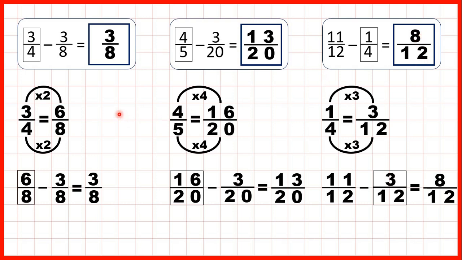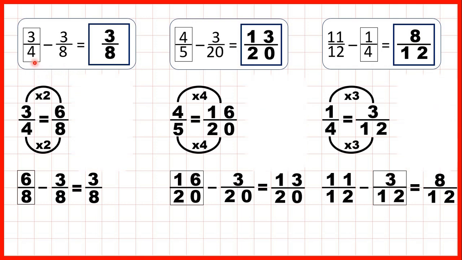And we can show fraction bars to see what we were doing here. So in this first question, we started with 3/4, but we needed to subtract 3/8. So we changed those 3/4 into 6/8, and you can see that that's equivalent because we have the same amount of the fraction bar shaded in 3/4 and now in 6/8. But now we can take 1, 2, 3 of those 8s away